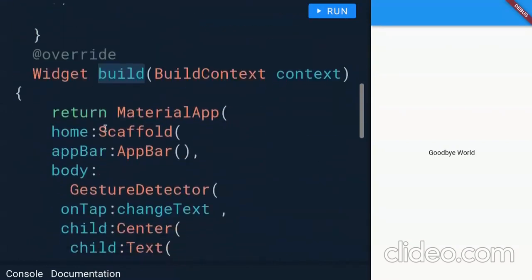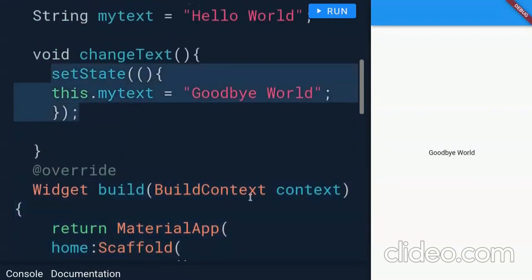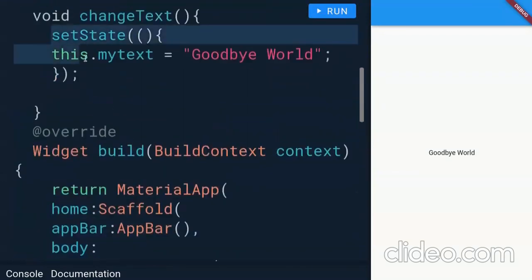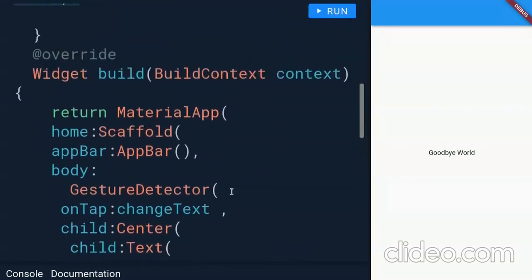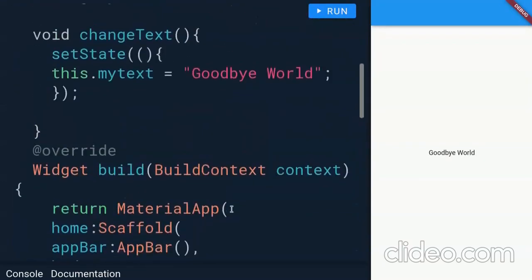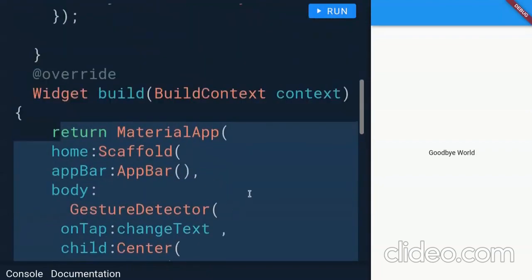So the main concept behind Flutter is we have to compose the user interface tree and modify the state when the user event occurs. One more time I'm repeating, just burn this in your mind that this is the main concept. In our code, in the build method, we compose the user interface tree. When the user interface event occurs, we modify the state, and Flutter will automatically trigger the build method to draw the user interface widget tree. So the main concept is we compose the user interface